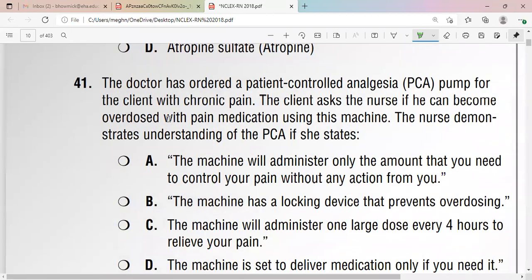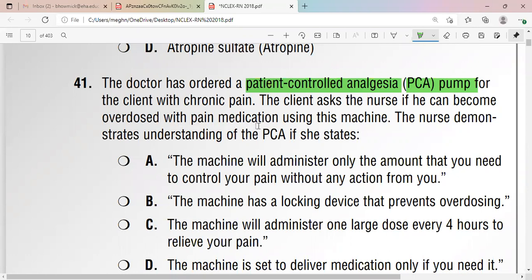Next, the doctor has ordered a patient controlled analgesia. It is called a PCA pump, important for the NCLEX board exam. What is a PCA pump? It stands for patient controlled analgesia. So the patient can regulate how much dose they need, because the patient can feel their pain. They can complain about their pain. You do not feel it; the patient can feel it. For the client with chronic pain, the client asks the nurse if he can become overdosed